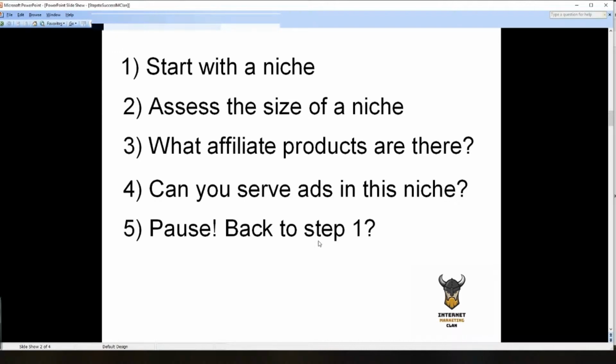Step 5, pause. The reason to pause is that before you go diving into any niche, you need to assess all of the potential topics and figure out which one is going to be successful in earning you money. Are there affiliate products? Can you serve ads? Is it a big enough niche? Are there enough people searching